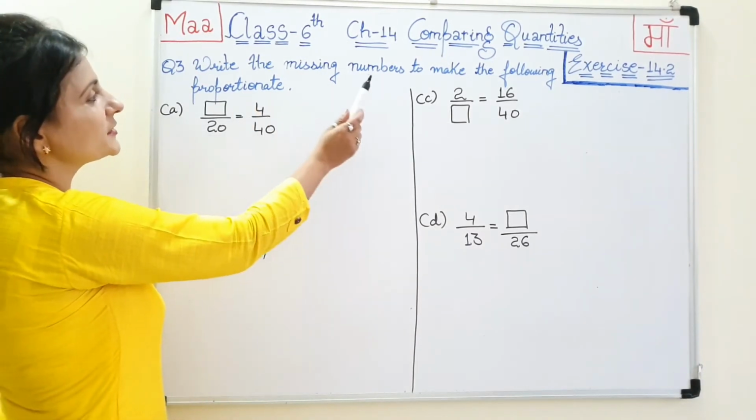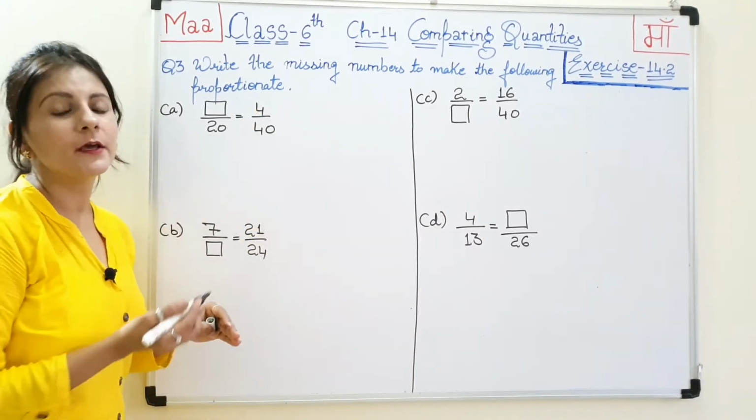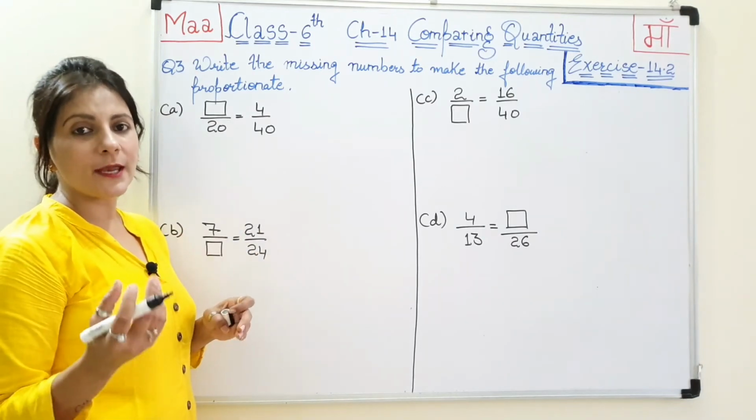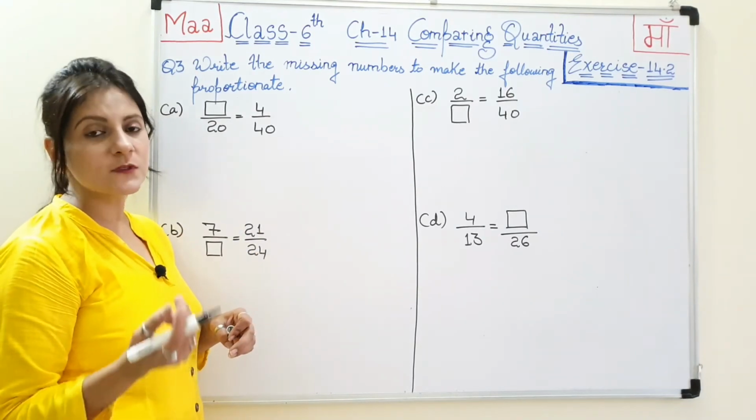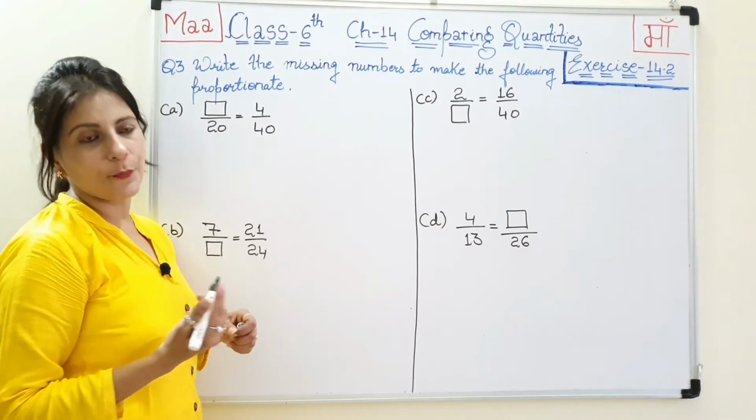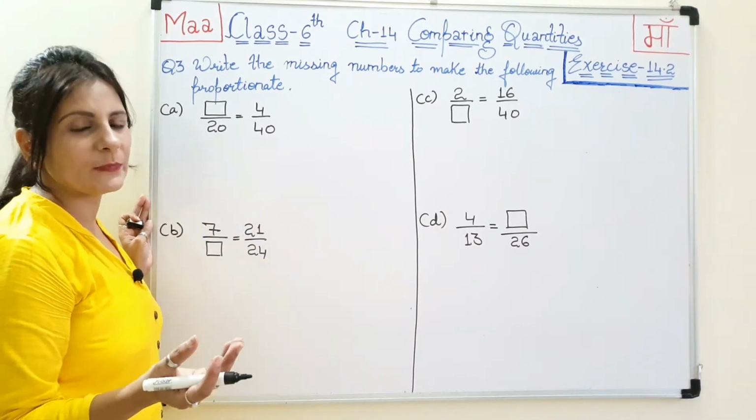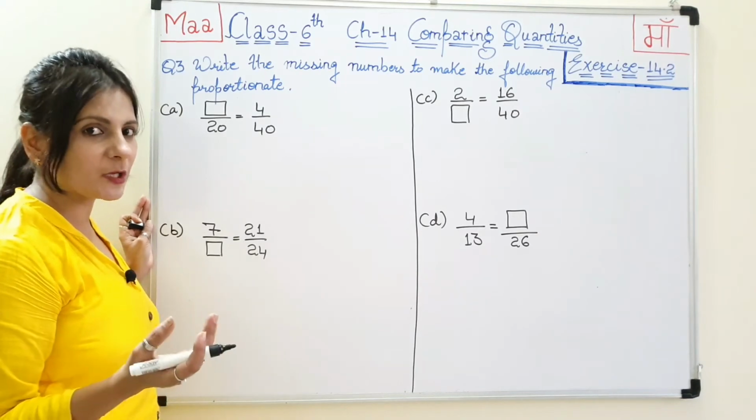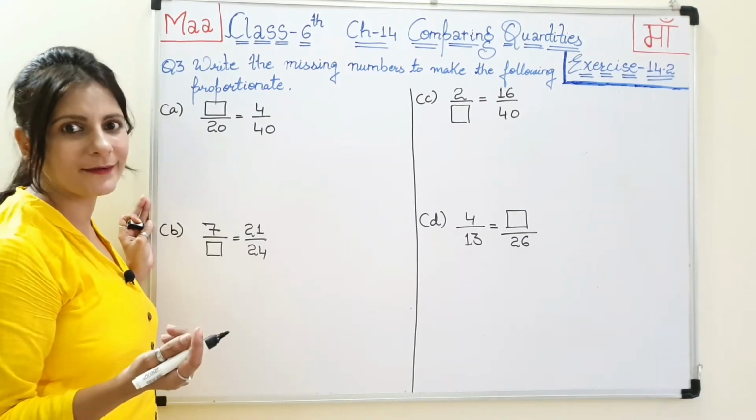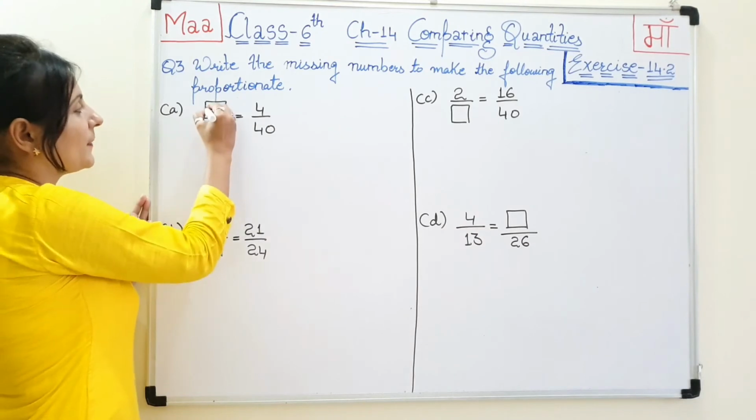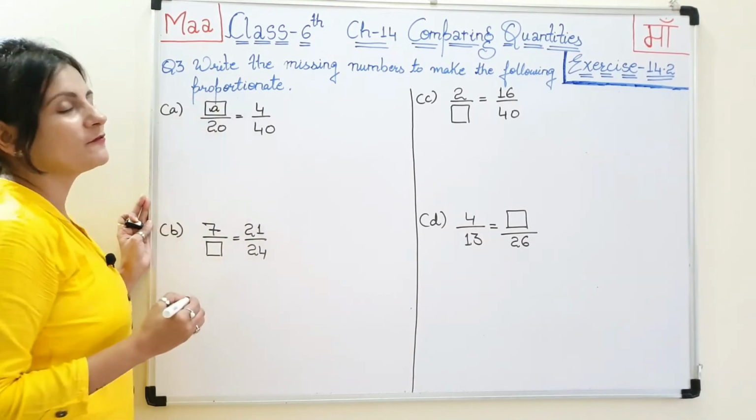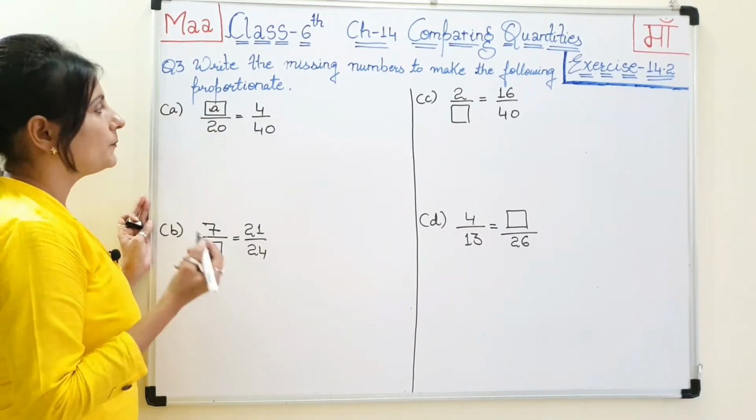It is: write the missing numbers to make the following proportionate. Here some values are missing and we have to find the missing values to get it in proportion. So see, whatever is missing I am putting the variable. जो भी numbers missing है वहाँ पे मैं variable put कर रही हूँ और यहाँ पे मैं variable part के according put कर रही हूँ. Like A part है तो यहाँ पे मैं missing variable put कर रही हूँ A।